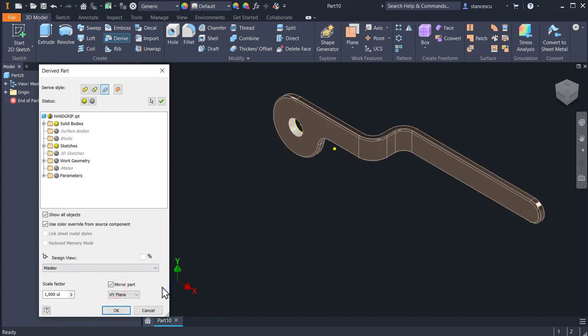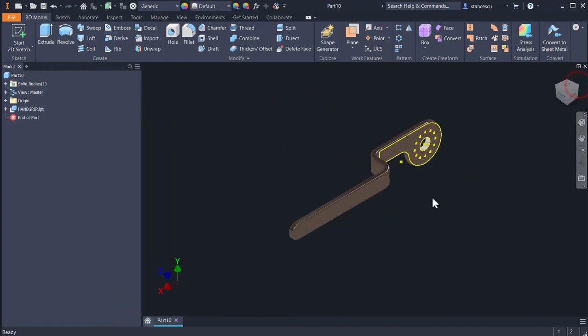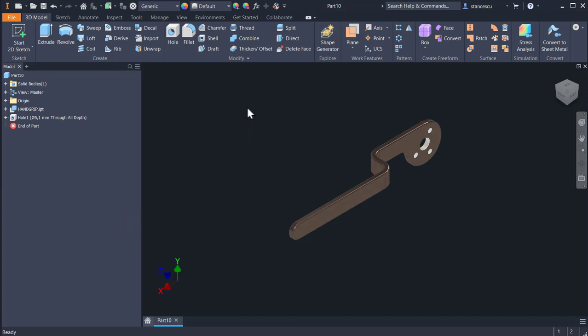You see, this is the other face. Okay. Now we apply the holes we want to apply wherever they must be. Okay, and this is the other object. We save it,